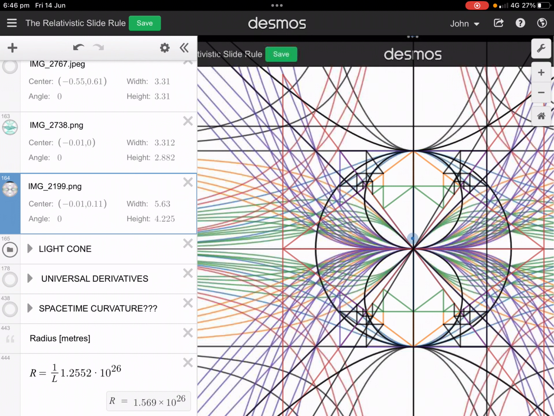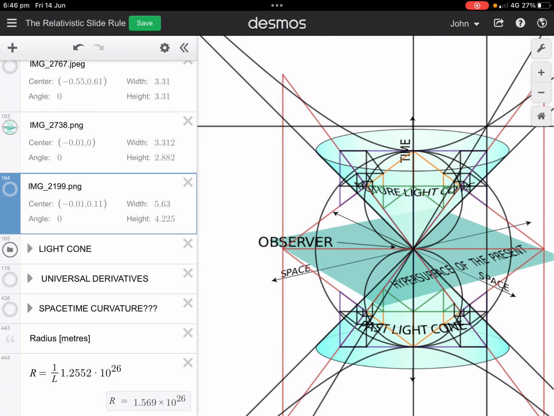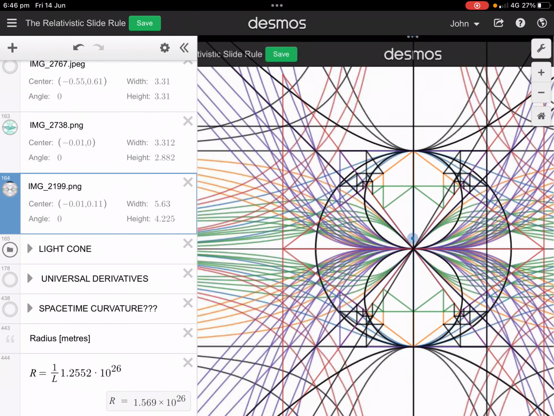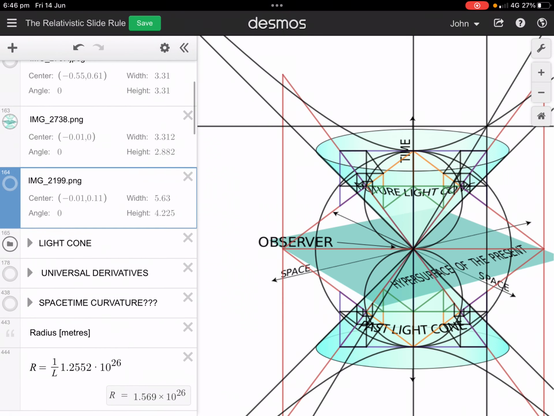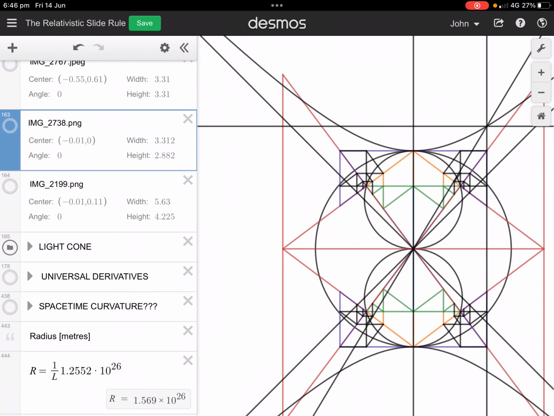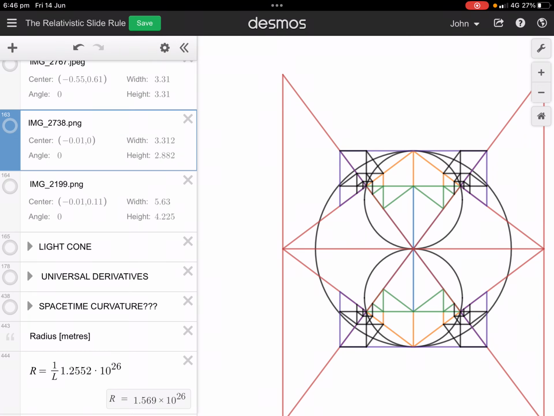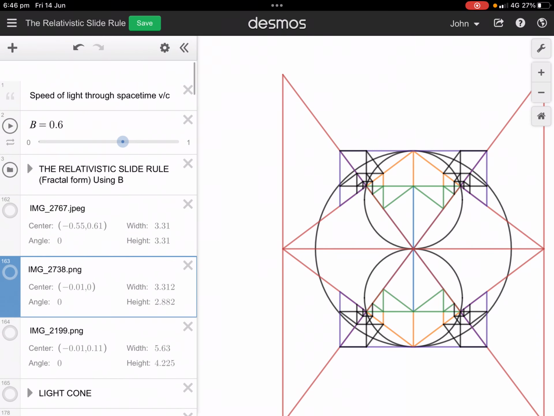So that's what the relativistic slide rule would look like in the distorted Minkowski space. I'm not sure what you'd call that, some sort of pseudo Riemann manifold or something, I don't know. But anyway, you can't come up with that unless you have the relativistic slide rule, which is that. That's the only way to figure it out. So anyway,